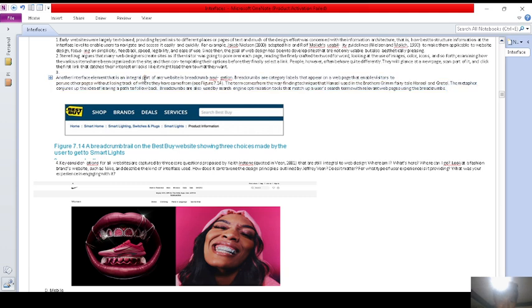Another interface element that is an integral part of any website is breadcrumb navigation. Breadcrumbs or category labels appear on a web page and enable visitors to peruse other pages without losing track of where they have come from. The term comes from the wayfinding technique that Hansel used in the Brothers Grimm fairy tale Hansel and Gretel. This metaphor conjures the idea of leaving a path to follow back. Breadcrumbs are also used by search engine optimization tools that match up a user's search term with relevant web pages